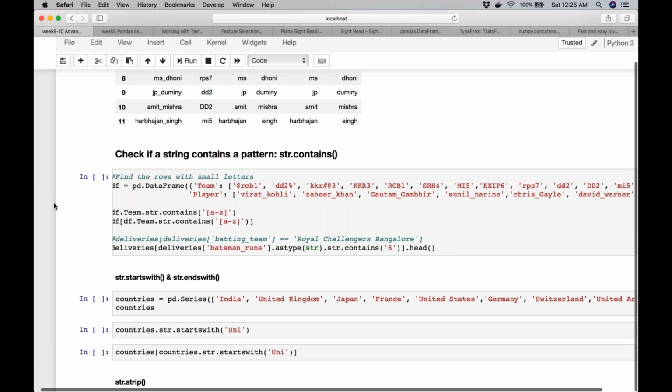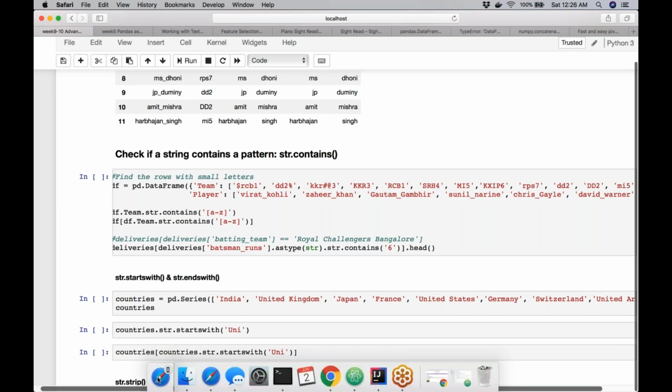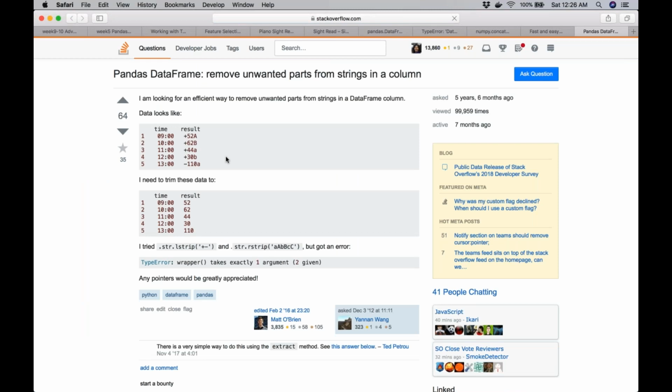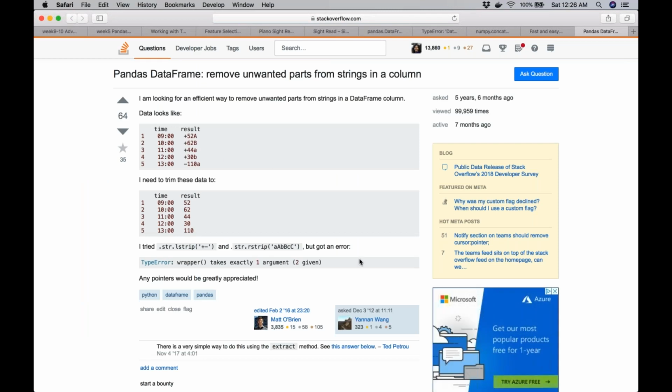So this is an actual example. I was just trying to search it up on my phone. Somebody asked this way back in 2012. The actual data is like this, the result is having some characters.